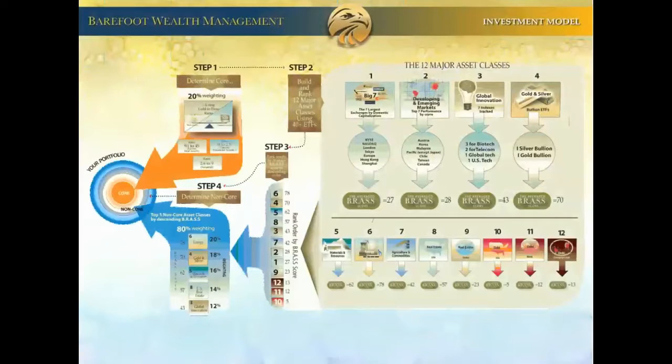The Barefoot Wealth Management investment process. To show you how we approach this, we start with 2 questions. First, where are we in the long-term investment cycle? In other words, is the long-term trend favoring hard, tangible, and real assets, like precious metals, commodities, and real estate? Or is it favoring financial assets, like growth stocks, corporate bonds, or high-dividend stocks? The second question is, what specific asset categories within that long-term trend should we be in?